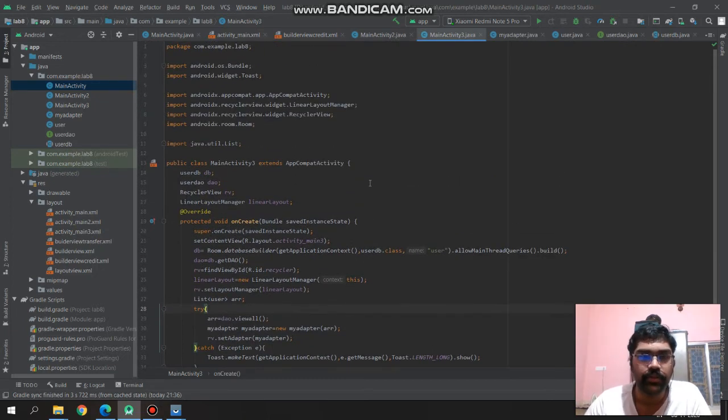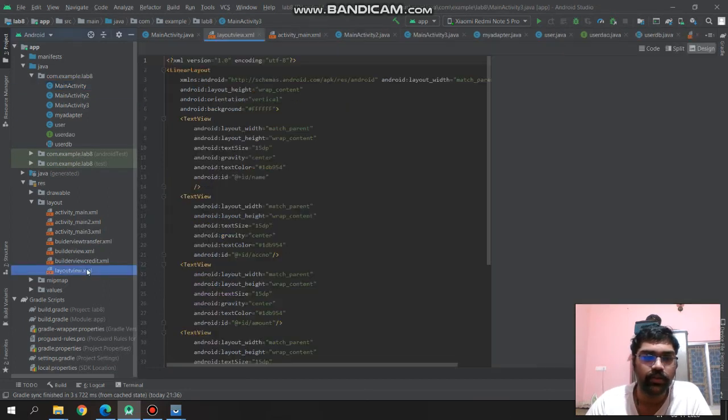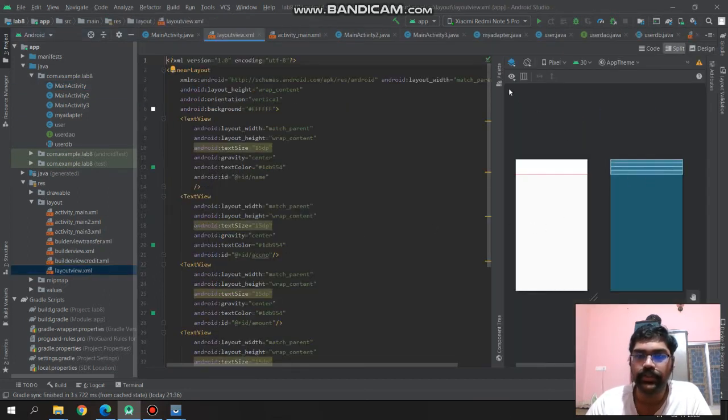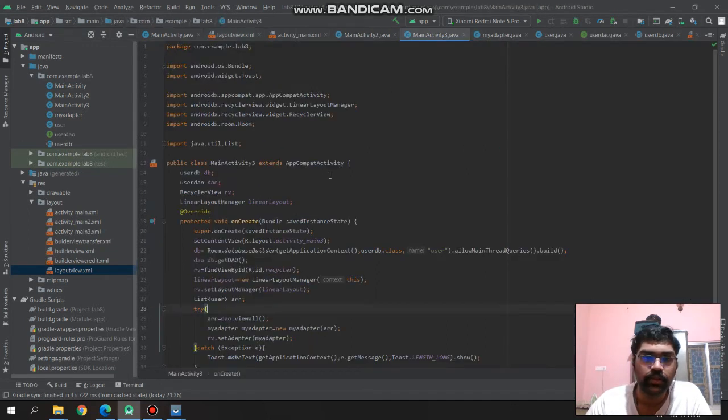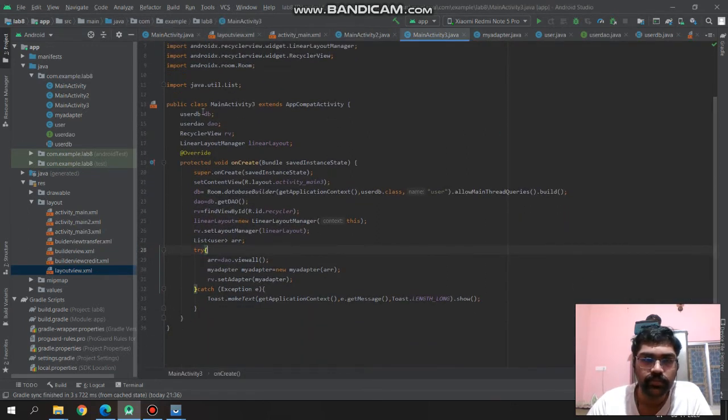Then this is for view all account. This is the layout for view all, which should be like this. And we are using a recycler view, and then again we have to make inside this a DB Room database variable and a DAO variable.